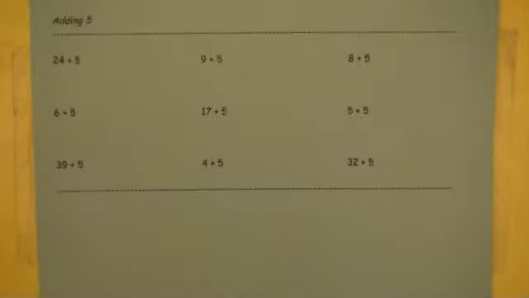Now, adding 5. You're going to definitely want to grasp the concept of adding 5. Adding 5 is as simply as adding 3 and then adding 2. Or in other words, adding 4 and then adding 1. So once you've gotten at least one of these down pat,